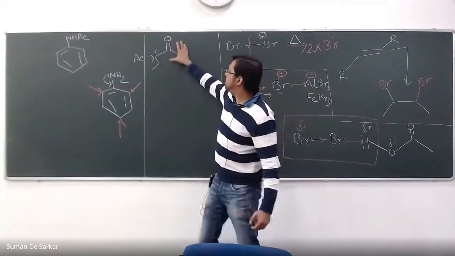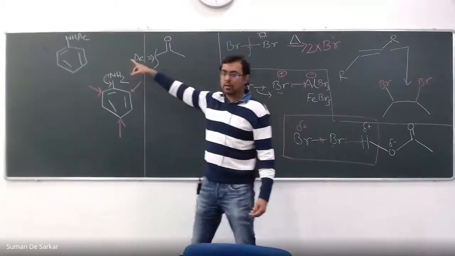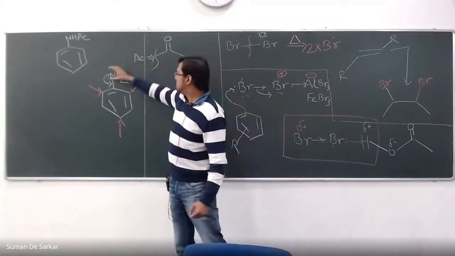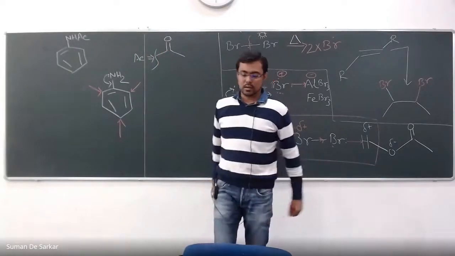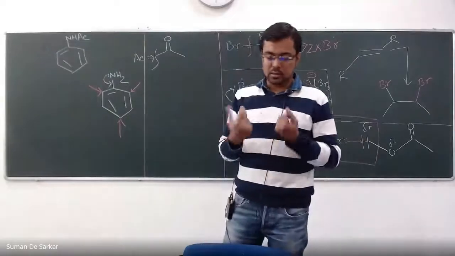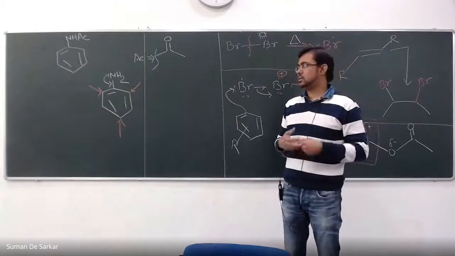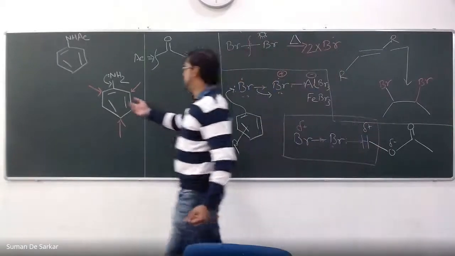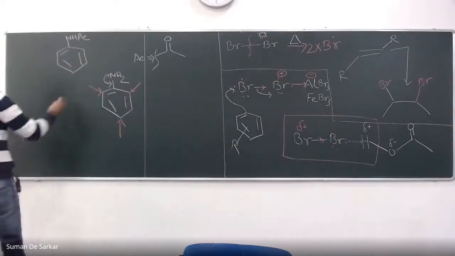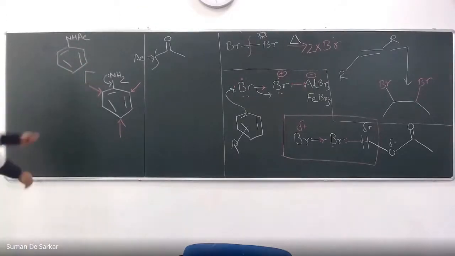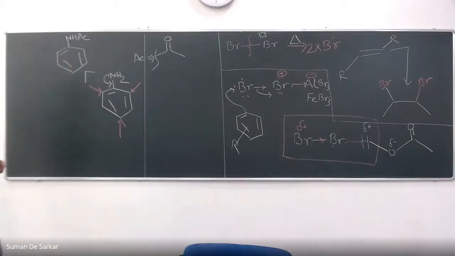Just put simply, you put an electron withdrawing group on nitrogen. That is what we have done. We just put this group here so that this keto part will pull electron from this nitrogen lone pair, so that the donation into the aromatic ring will be less. So compared to this guy, the electron density here in the aromatic ring is much lesser. This is more electron rich, this is less electron rich. You can really control the selectivity.